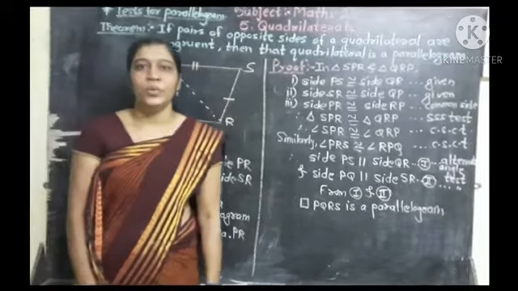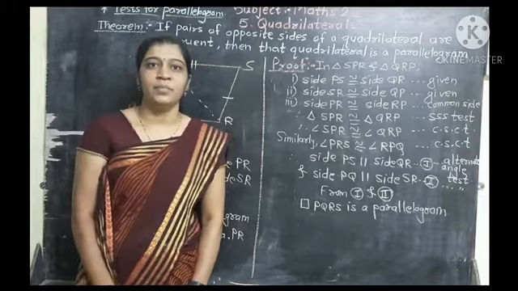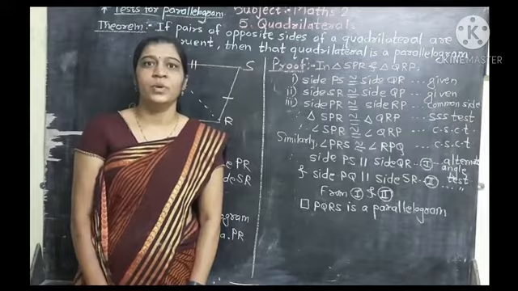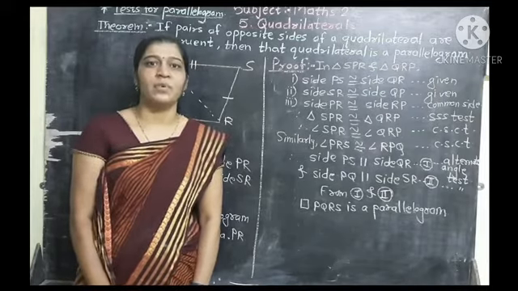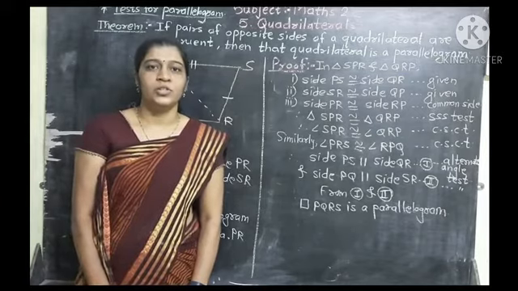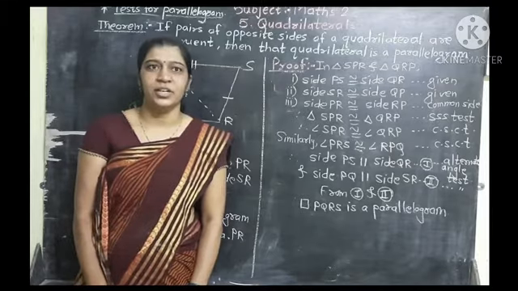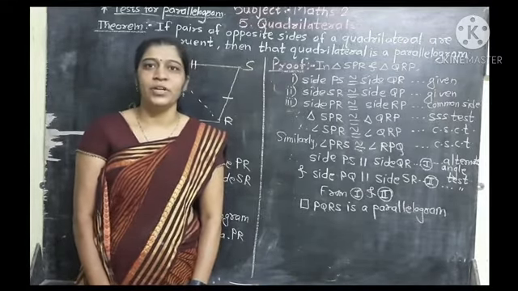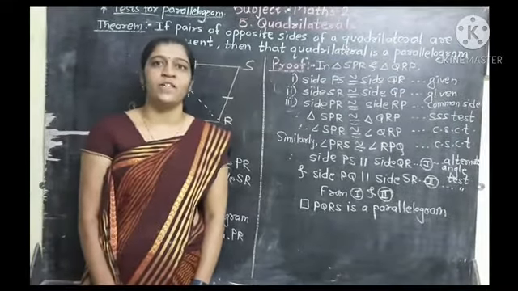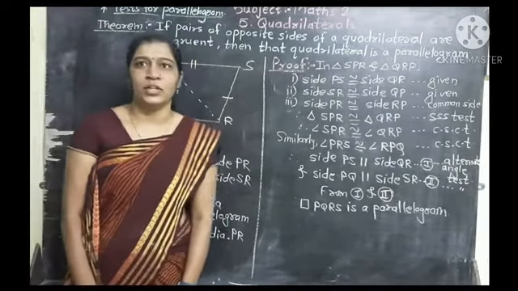In the last video, we had seen what is meant by a parallelogram and also seen some properties and theorems on the parallelogram. We had seen one theorem: opposite sides and opposite angles of a parallelogram are congruent, and also that diagonals of a parallelogram bisect each other, and see exercise 5.1. So students, today we will see some more properties of parallelogram and their proofs also.